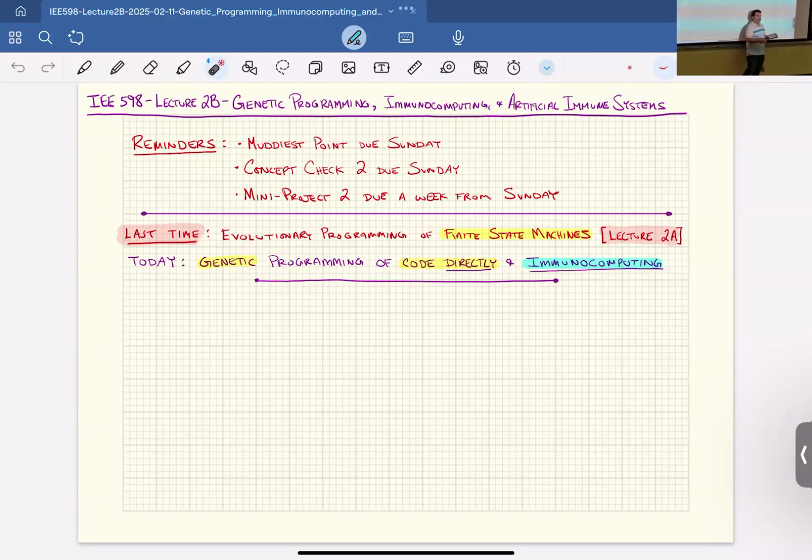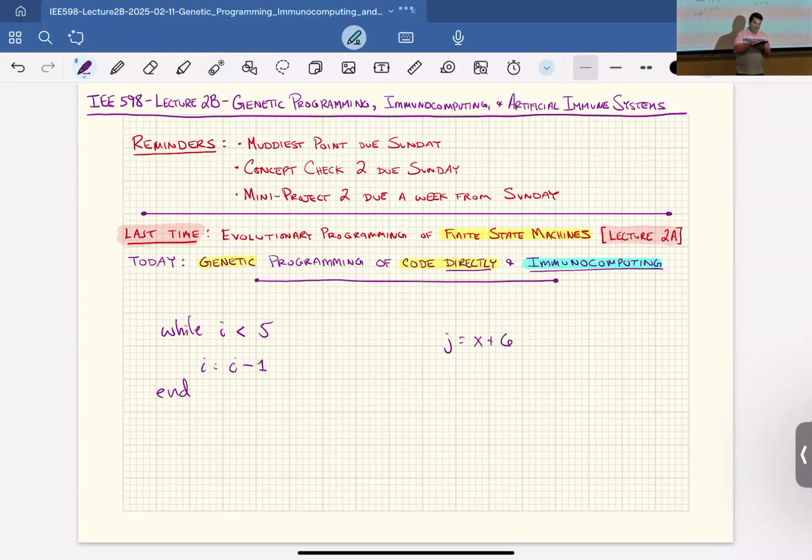But we have to figure out how to do crossover without creating a bunch of syntax errors. Because if I have, like, 5-line code over here, like while I is less than 5, I equals I plus 1, or I equals I minus 1, end. And if I had code over here that was something like J equals X plus 6, Y is equal to 7, X is equal to J times Y. If I wanted to do crossover,